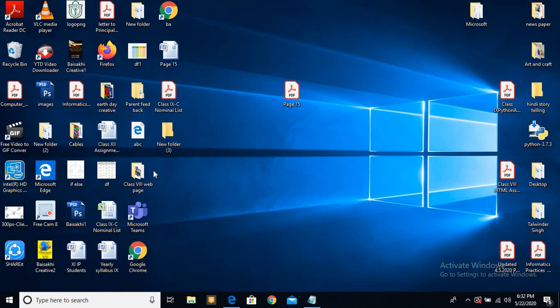Okay, I am going to tell you the steps on the mobile phone as well as on the laptop. So I am going to tell you on the laptop, and whatever step is required from the mobile end, that I am also going to share with you. So first of all, from the laptop end you have to open Google Chrome.